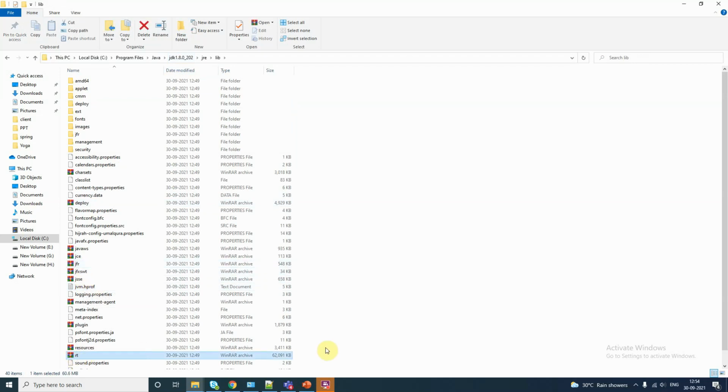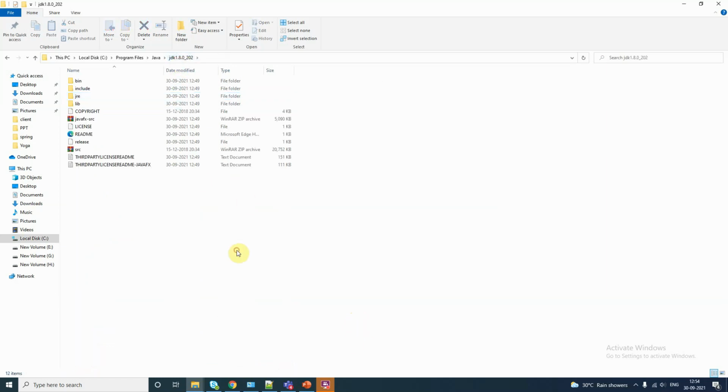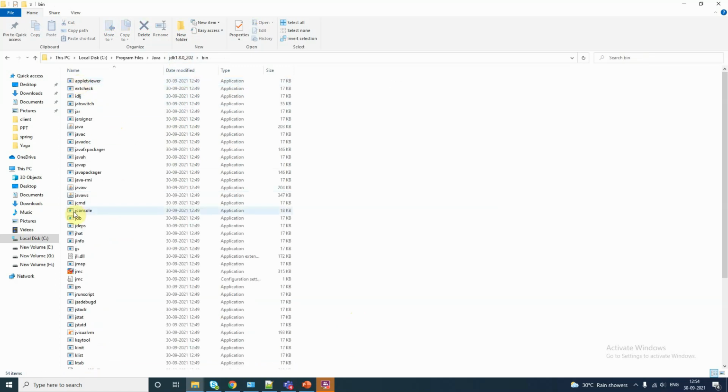Okay, I will explain about this rt.jar later in the coming sessions, but this rt.jar should be in our classpath to compile and to run the Java application. Now, as I already said, inside bin, javac helps us to compile and java helps us to run